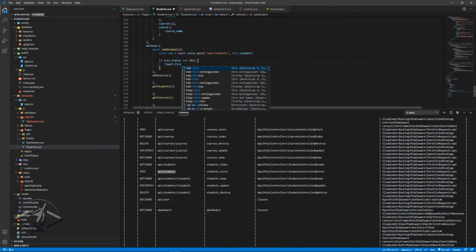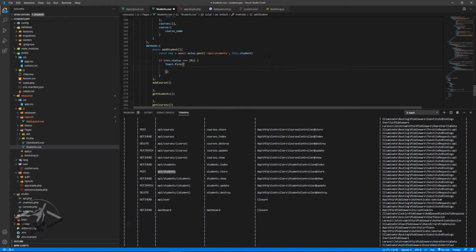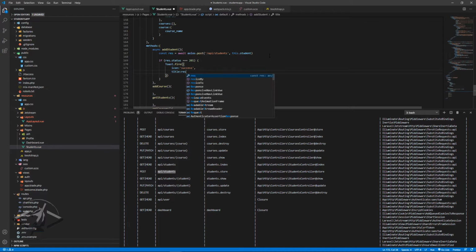fire, and the icon will be success, and we can say title is going to be equal to res.data. Okay, now the reason why I've done this, and I've not declared this anywhere yet,